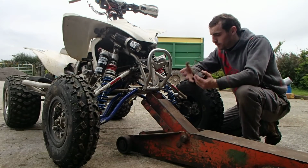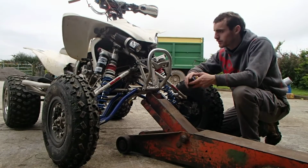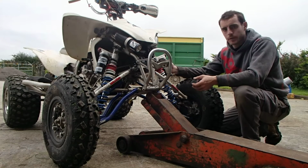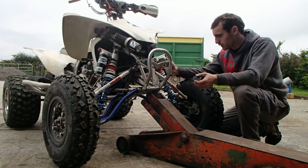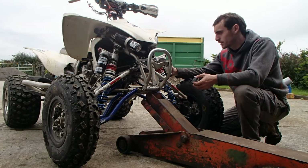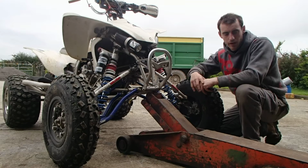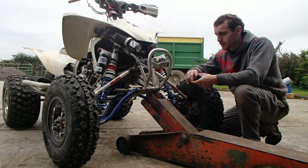Okay, hi, I'm Walter Ryan, and this is my quad, YFC 450, 2006 model, and these are my pep shocks. They're not performing quite the way I would like. I think they're pretty hard. Actually, I would think they're very, very hard. Anyway, today we're going to try to set up the free sag, and we'll try to set up the rider